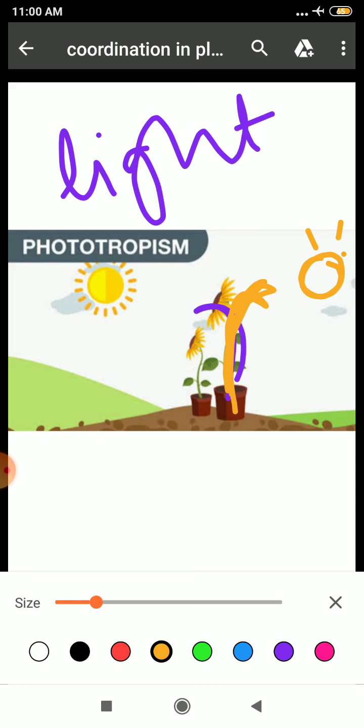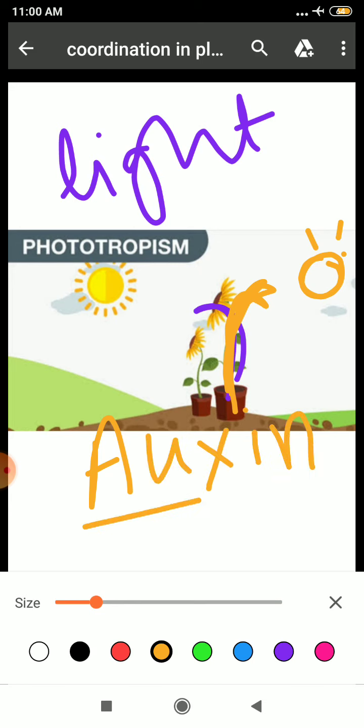Students, in this, one hormone plays an important role. Just an extra thing I am telling you: the name of that hormone is auxin. We will study this hormone in phytohormones also, but here I also want to give you an idea of how that movement of the plant happens. It is due to the presence of auxin at the tip of the stem. Here the auxin is there, and this auxin will allow the movement of the plant in that direction. Clear?